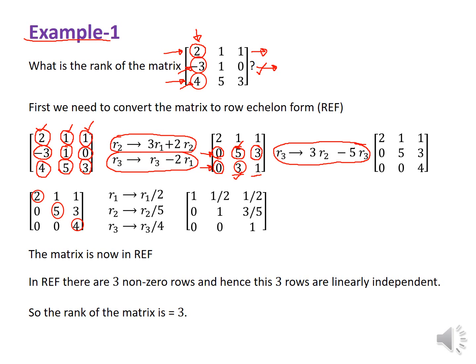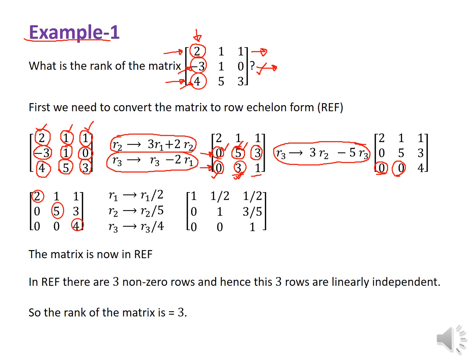So now if we multiply the first element of second row by 3, we will get 0, and if we multiply the first element of third row by 5, then we will get also 0. So 0 minus 0 will give 0 as the new first element of third row. Again, if we multiply the second element of second row by 3, we will get 15, and if we multiply the second element of third row by 5, we will get again 15. So 15 minus 15 will give 0 as the new second element of third row.